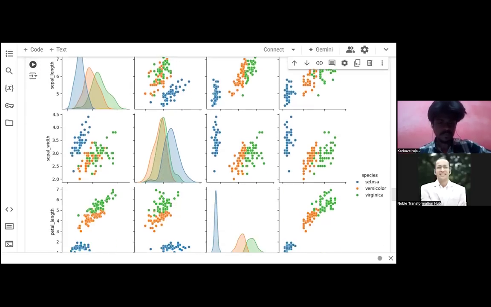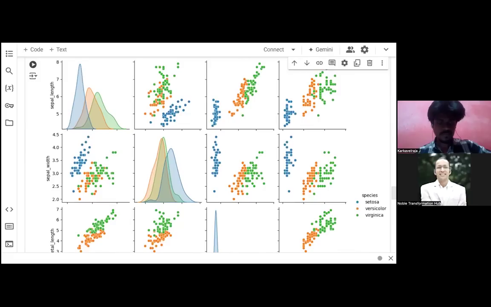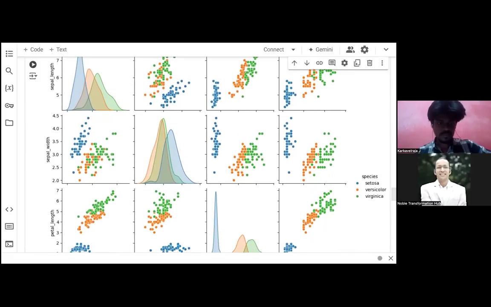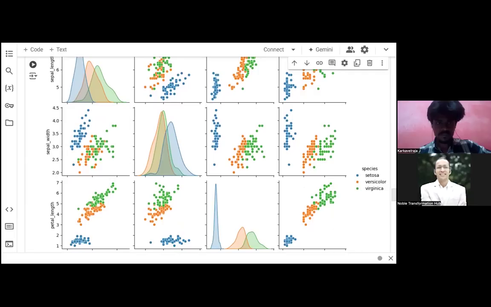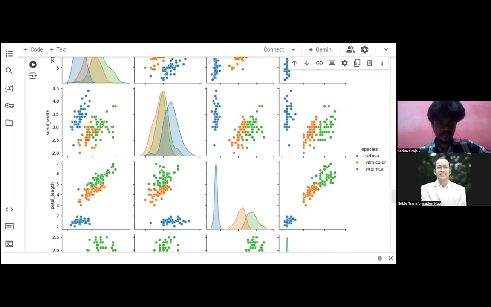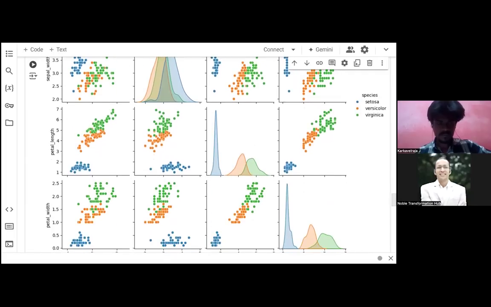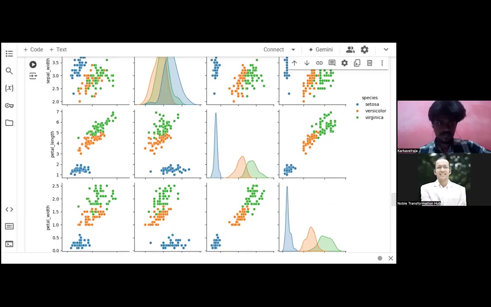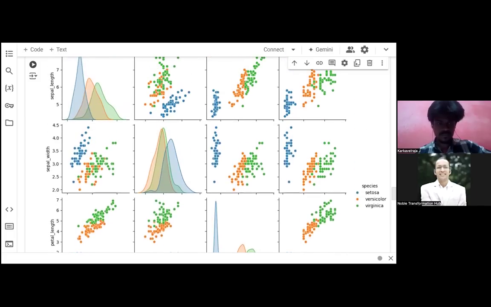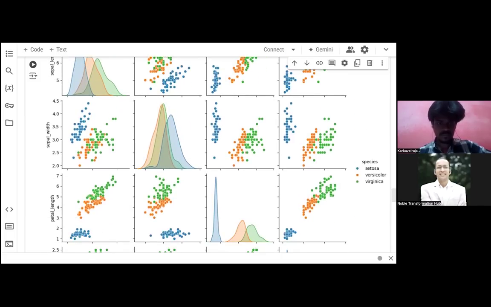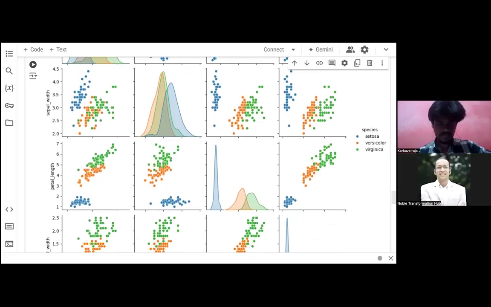Yeah. So here in the pair plot you will see a lot of dimensions, and you will get more ideas about the data, the spread, which is shown in the scatter plot. But in the pair plot you will compare and understand data with different dimensions.